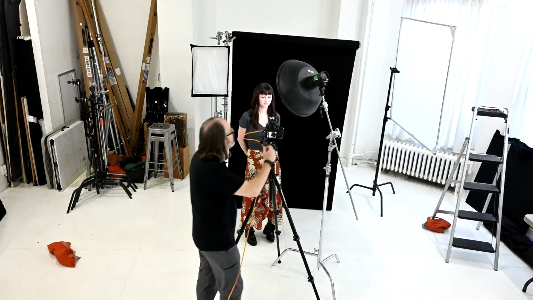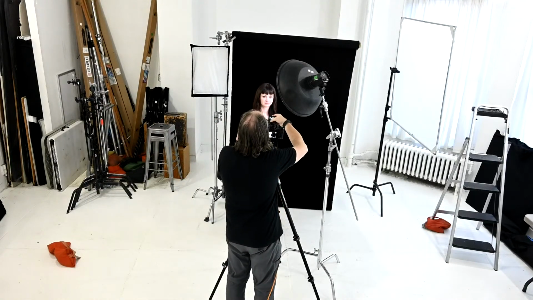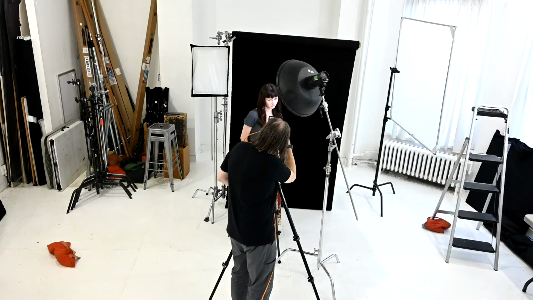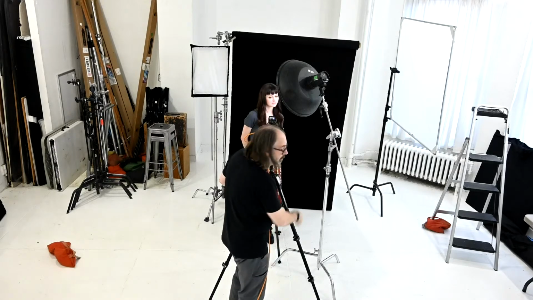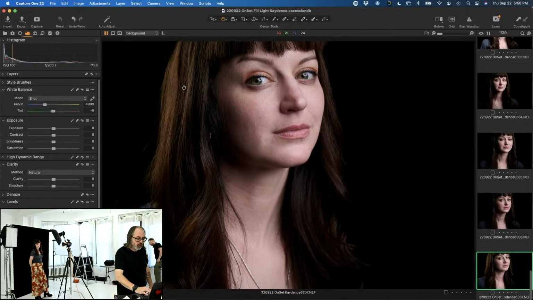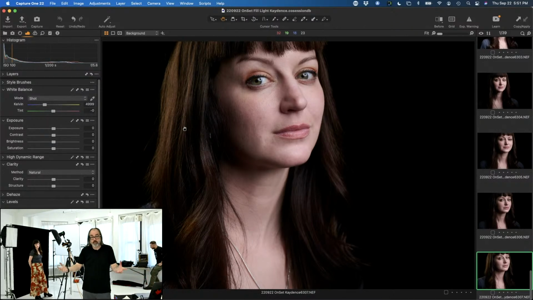This is not at all what you're asking for, but it's just something else we're doing. All right, here we go. Use a hard light for a hair light. Okay, you can use a hard light for a hair light. However, keeping in mind that a hair light is going to,